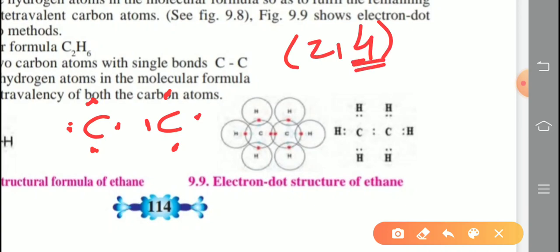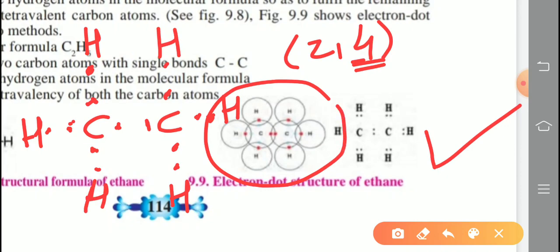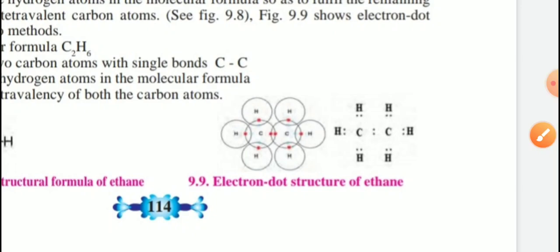So there is a formation of bonds. The remaining atom showing there is hydrogen. Hydrogen's atomic number is 1 and valence is 1. So only 1 electron: 1 electron of carbon, 1 electron of hydrogen. Like this, all valencies are satisfied by hydrogen atoms. So this is called the electron dot structure, that is showing here. And in the same way with the help of a circle, that electron dot structure is showing. So any one method is used to write the answer when the question is asked.